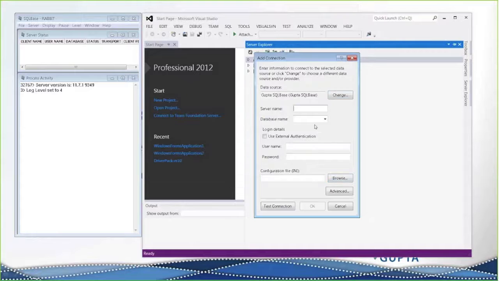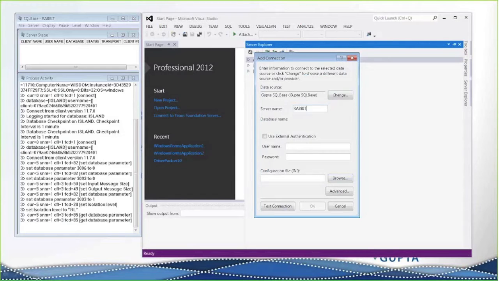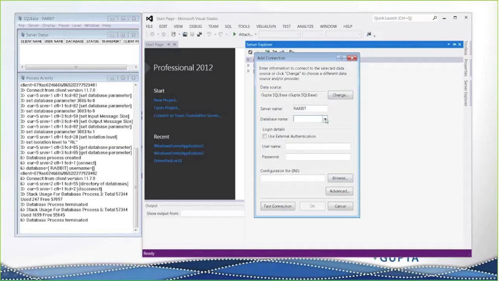So we're using that, and the server I'm using is called Rabbit, and it has our island sample database. If I enter Rabbit, because the server is running on the same machine, it will find the database. Obviously here we could put the account name. I'm just using our system administrator account. We still support a SQLini file,